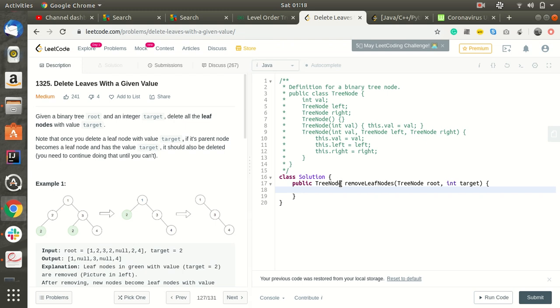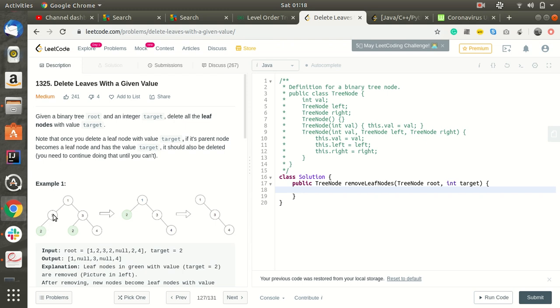So how we can do it is with post order traversal, right? In that, the root will be processed last. We'll process the left side and the right side first, and afterwards we will process the root part. In this way we will be able to delete the leaf nodes first, and then recursively the control will come back to the parent of that.